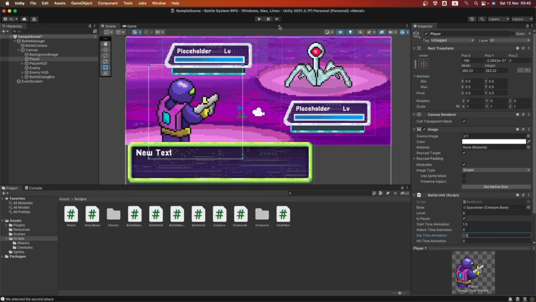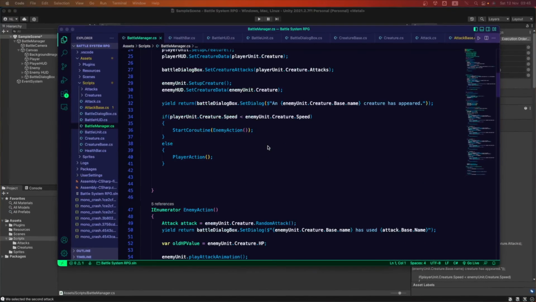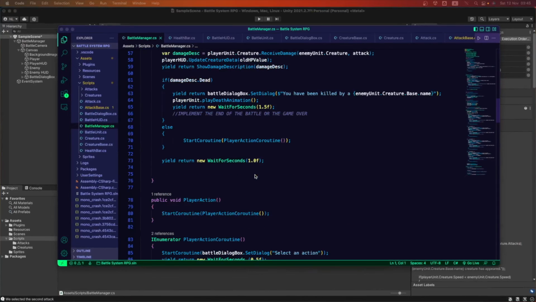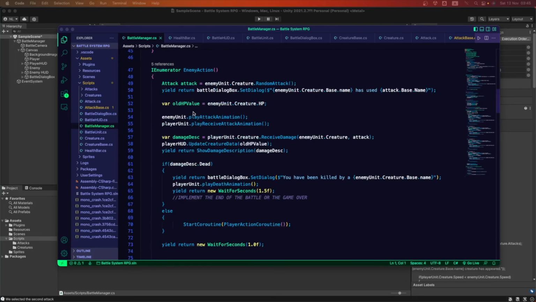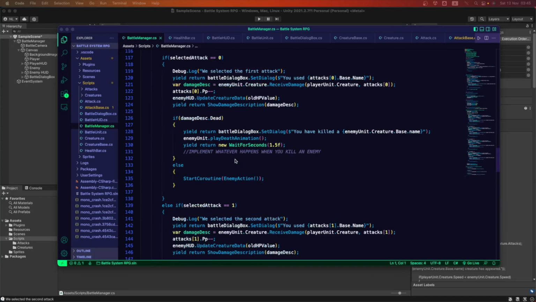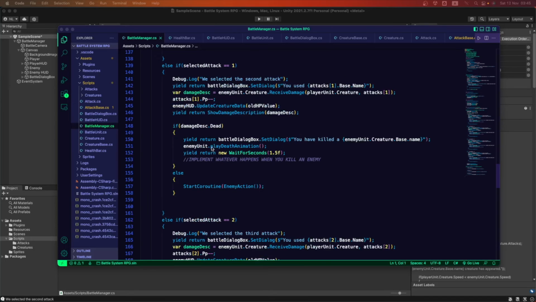Okay, so let's go back into our battle manager script to fix up those attacks, those messages that are going way too fast to the other ones. So yeah, we're going way too fast to the enemy attack after we attack.